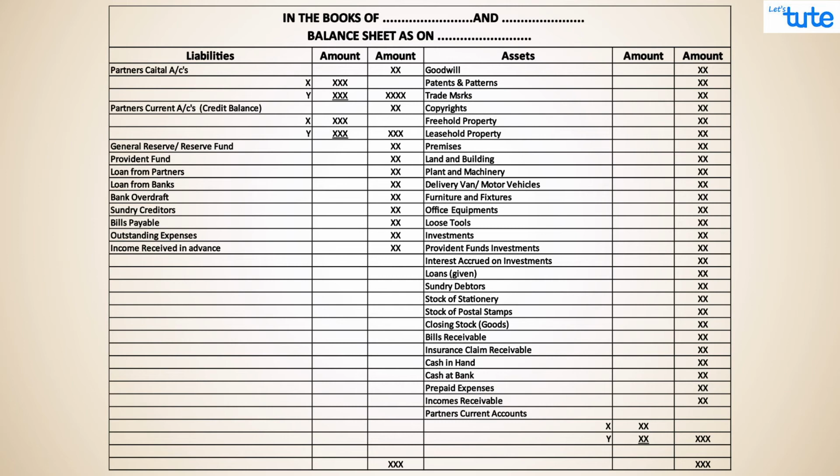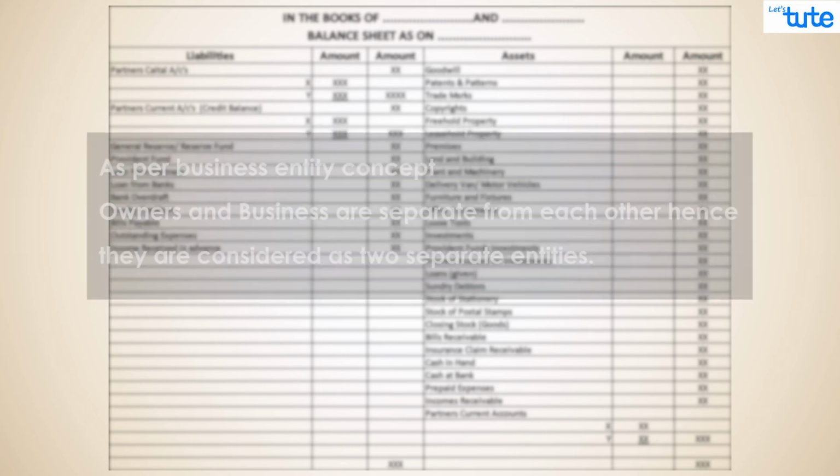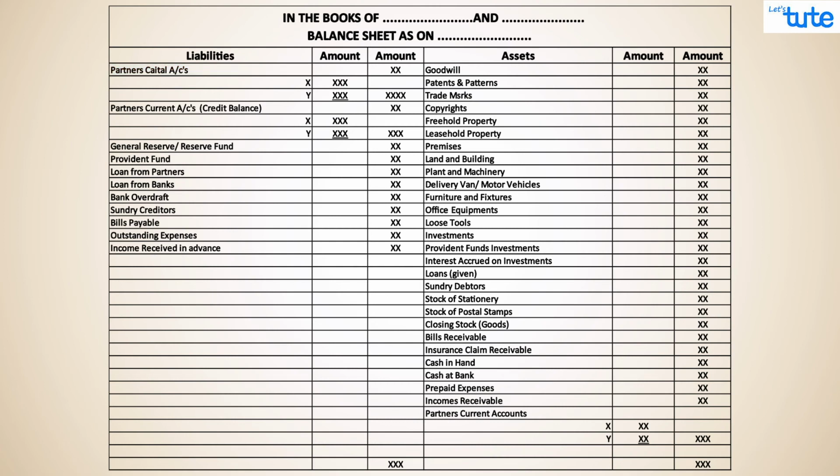Here, do you wonder why partners' capital and current accounts are placed under liabilities? Friends, these are the internal liabilities for the firm since their capital is to be repaid back at the time of retirement or death of a partner or when the firm is dissolved, that is closed. Do you remember the business entity concept discussed earlier while understanding the fundamentals of bookkeeping, which states that the owner and the business are two separate legal entities. So for the firm, the capital balance of the partners is a liability. We hope this is clear to you all.